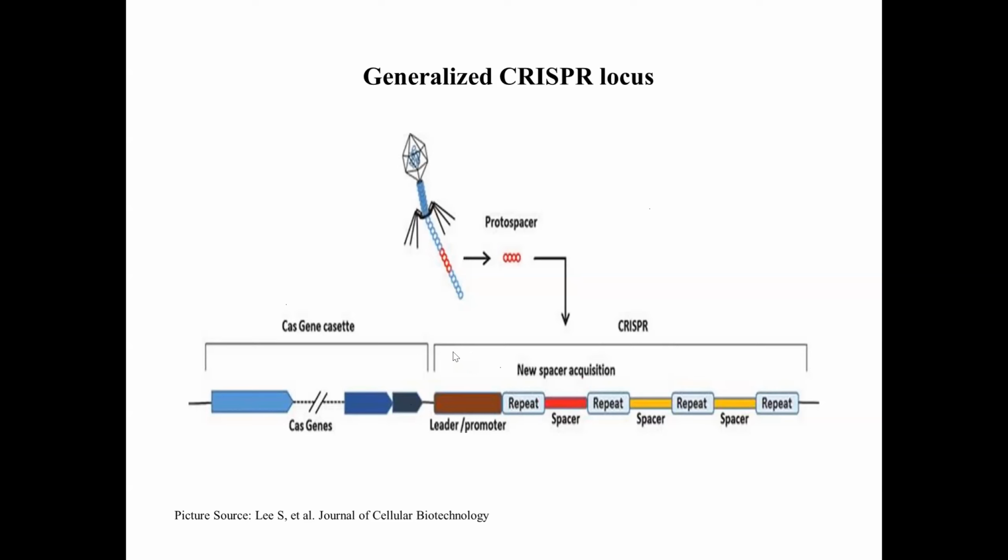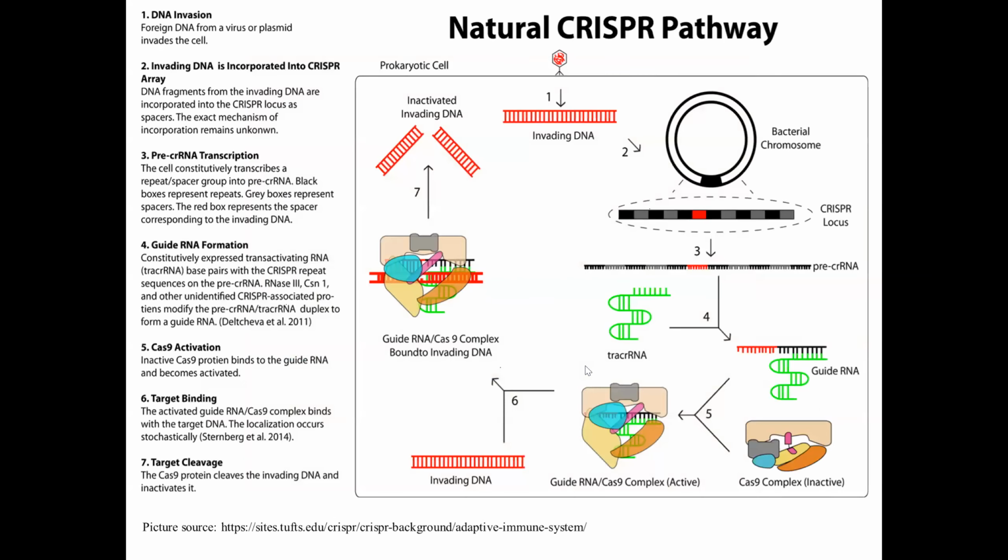So this is actually the mechanism of the acquisition. Now, in a more detailed way, you can see this natural CRISPR pathway. You can see the bacteriophage that sits on the bacterial cell wall, and through the porins of the bacterial cell wall, it will inject its nucleic acids. The DNA is called the invading DNA,